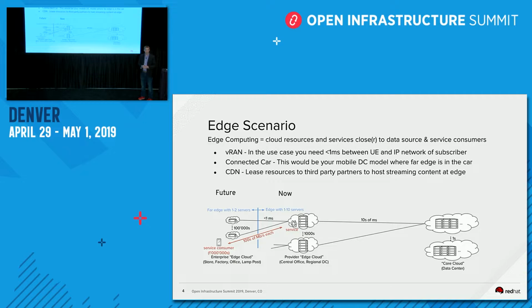If you see here, on the far right is going to be a classical data center. What you have there is your typical, if you're talking a telco use case, which happens to be what I do most of the time, you're going to have pretty much your packet core back there. And then you're going to have other satellite data centers that have basically the backhaul from the cell towers.